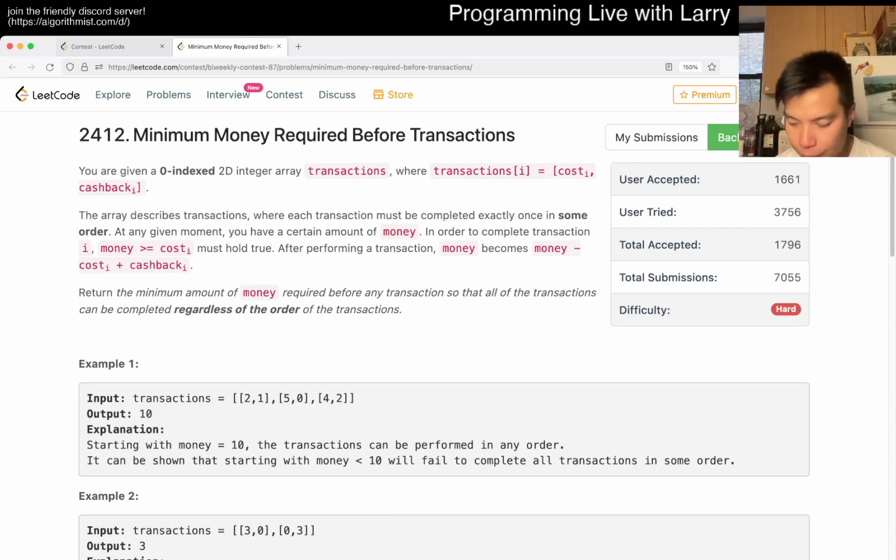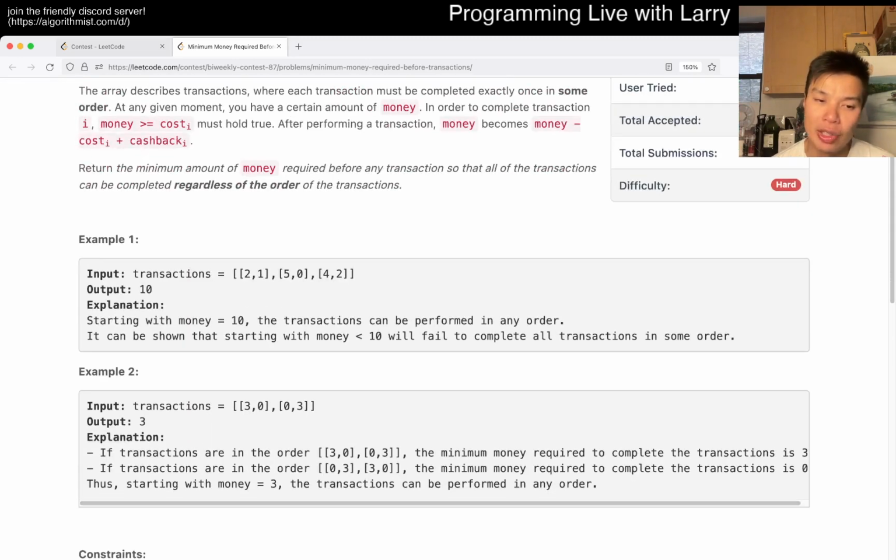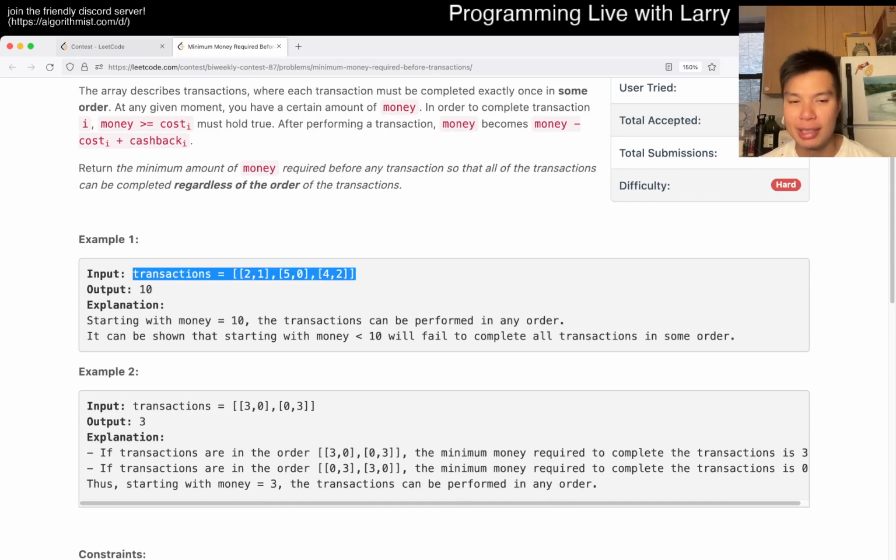So first of all, the way that I did it is with binary search. The thought process here is that we can binary search on the answer. Let's say we have, say, $10. If we knew the exact order of the transactions,